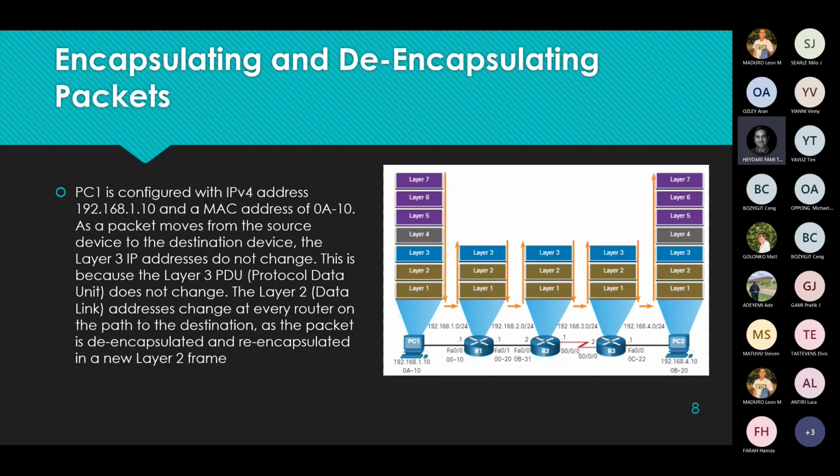Layer 3 now looks at the destination IP address, as I said in the previous slide, and examines that